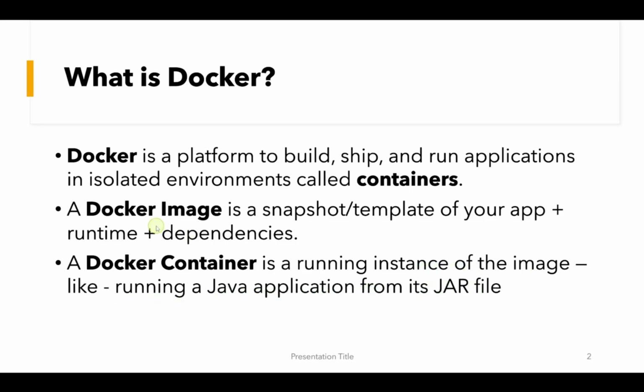Don't confuse Docker image and Docker container. A Docker image is just a blueprint. If we talk in the context of object-oriented programming, you can consider a Docker image as a class and a Docker container as an object of that class. A Docker image is just a template and a Docker container is the implementation, a concrete object of that class, right? You can run as many containers as you want from a Docker image.